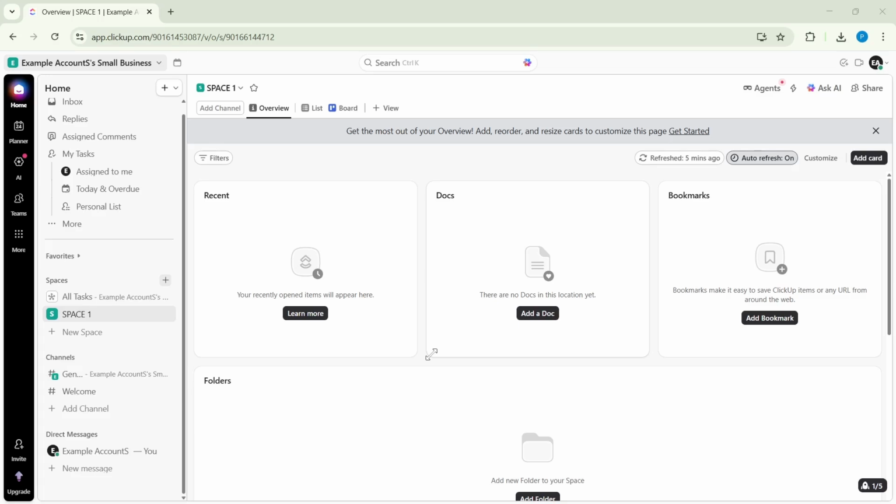In today's video, I'm going to teach you how to rename a ClickUp space. Workspace Organization 2026. Renaming a space is a simple way to keep your workspace tidy and make it easier for your team to find what they need. I'll guide you through the exact clicks, and along the way I'll share a few tips to help you choose